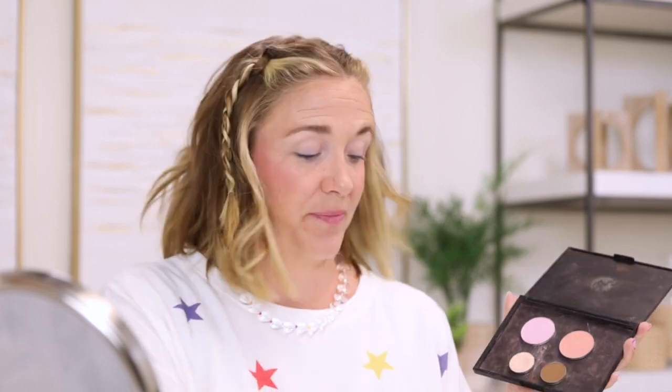Cute. I love it when eyeshadows and blushes can mix. You can put your blush on your eyes, you can put your eyeshadow on your blush, so cute. All right, I've got the Warm Sand everywhere. Now I'm going to use our small eyeshadow brush and pick up one of these awesome browns that we have. Now this brown is a matte, and I'm gonna put it in my crease and kind of mix it up into my eyeliner line. So crease, eyeliner line,